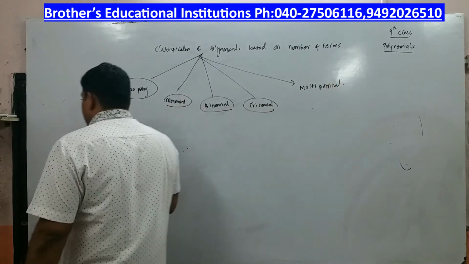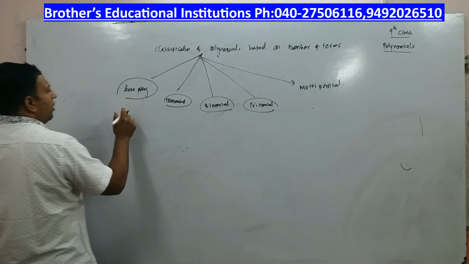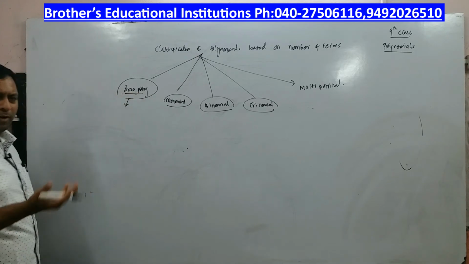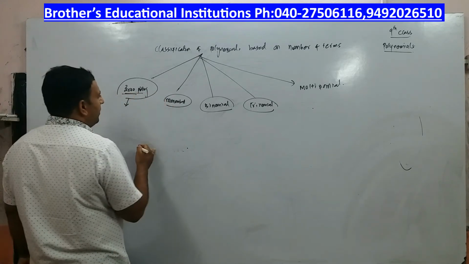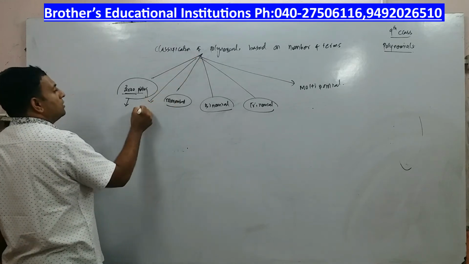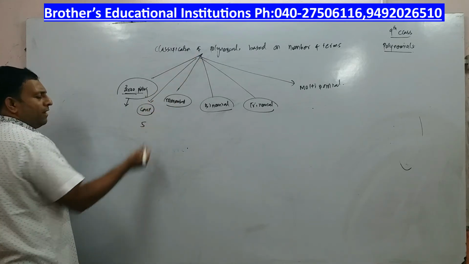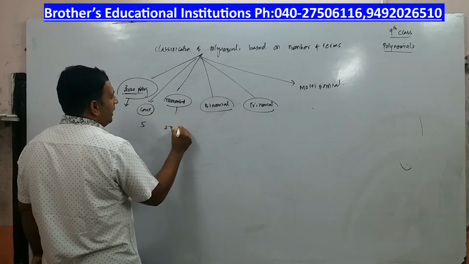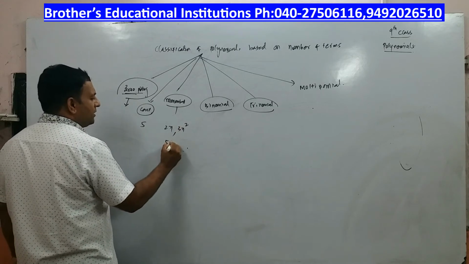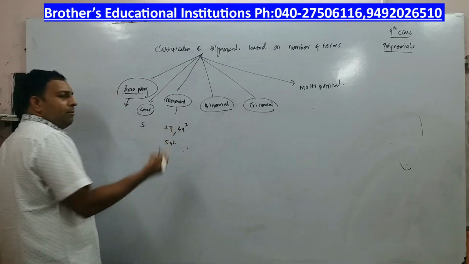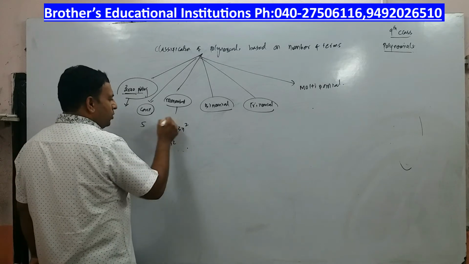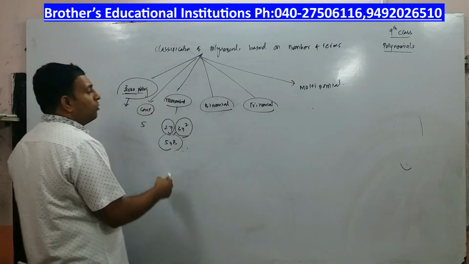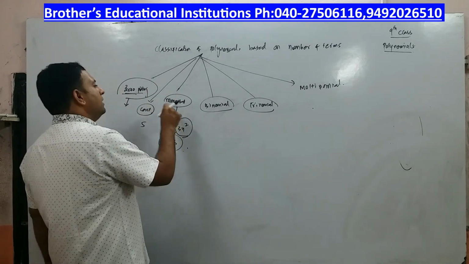Very simple. If I say 0 polynomial means there is no term. 0 polynomial, there is no term. But if I say monomial, there is also something called as constant. Alright, there is a number 5, right? 5 is a constant. And what is monomial? I can write 2x, I can write 3x square, I can write 5x cube, but there is no fundamental mathematical operation plus or minus, right? 2x is a monomial, 3x square is a monomial, 5x cube is a monomial. These are all monomial, means polynomial containing one term is called monomial.